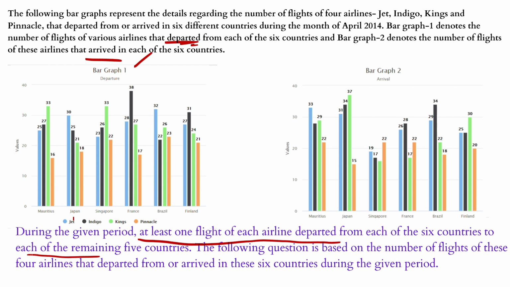Japan is there, right? So Japan, total number of departures is 30 for Jet. This means at least one flight will go to Singapore, at least one to Mauritius, and at least one to France, one to Brazil and one to Finland. It's not like 0 to Singapore and 1 to France, not like that. At least one we have to consider. That's the meaning of this statement, and the following question is based on the number of flights of these 4